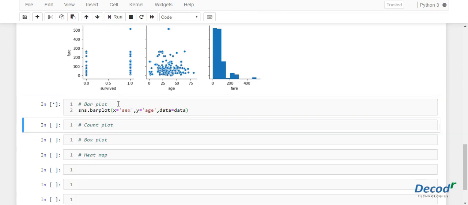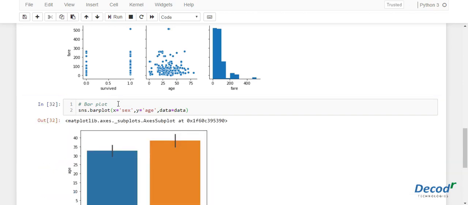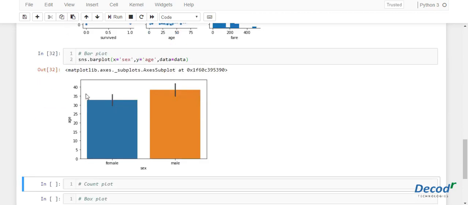Now if we execute this, you can observe that the average age of a male is a bit less than 40 and the average age of female is around 33.